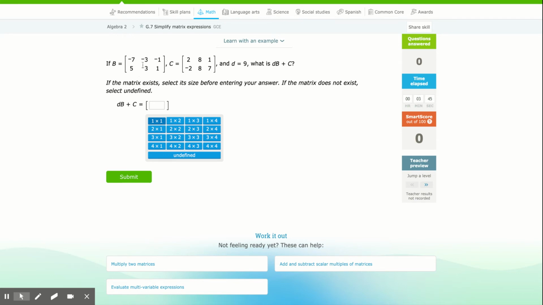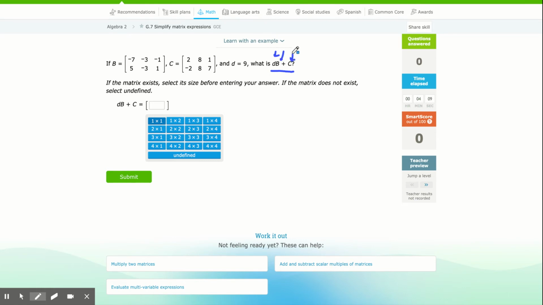So this first matrix they're going to say is B. B equals this first matrix. The second matrix is C, capital C. C equals this second matrix. Then they give a scalar, a value of D, D being this scalar 9. And then they ask you to do this expression, to multiply your scalar by your matrix B and then add